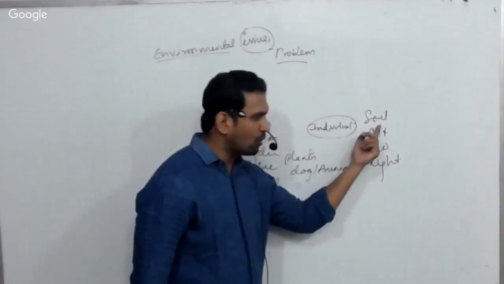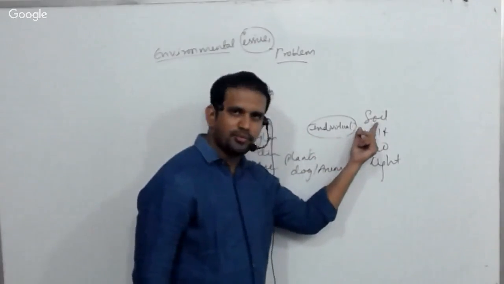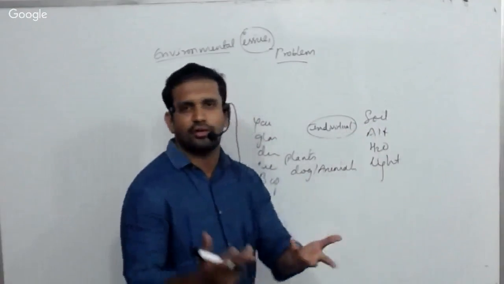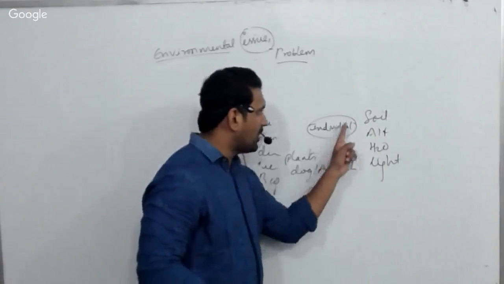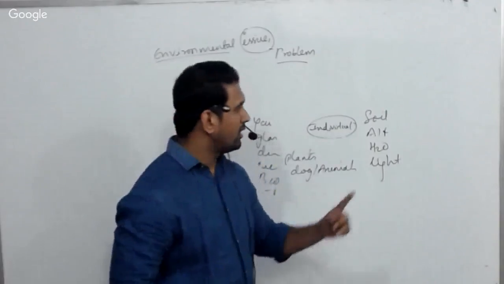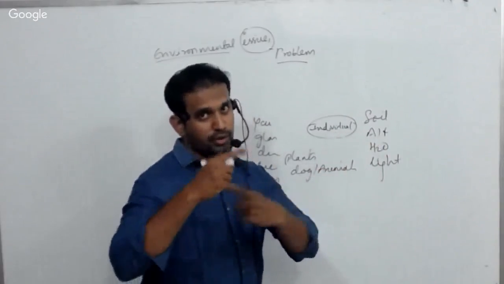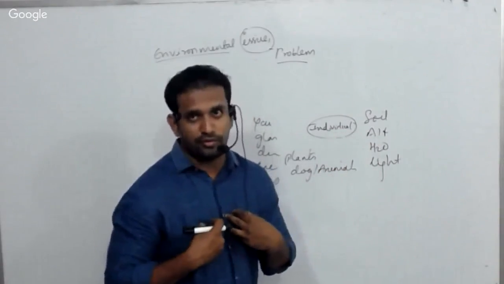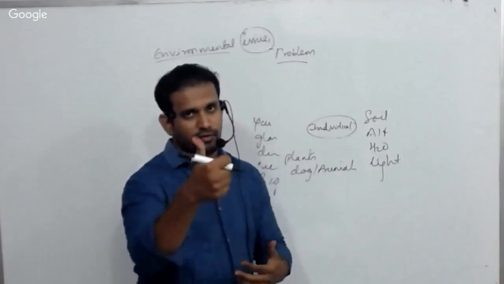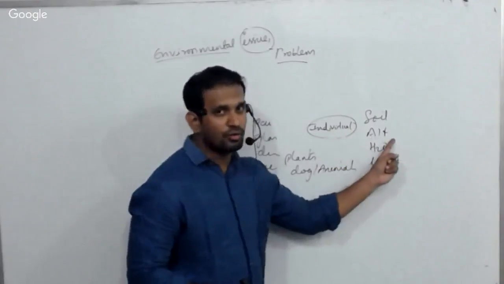He needs some soil to grow the crops and to eat. Right or wrong? If soil is not there, how are the crops grown? So he is dependent on soil. Very good, sir. Then this individual will come into contact with air also, because we breathe oxygen and give out carbon dioxide. Air is also important.